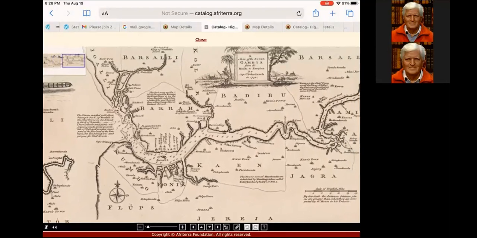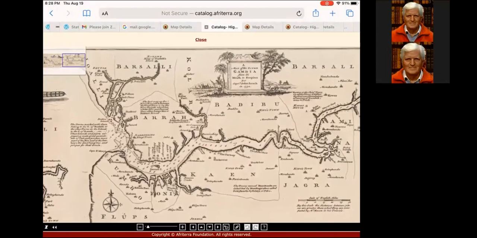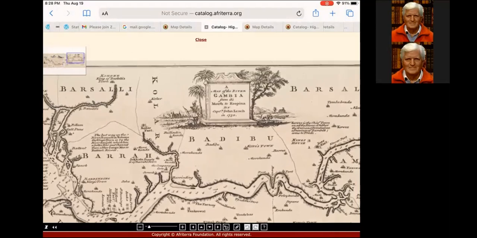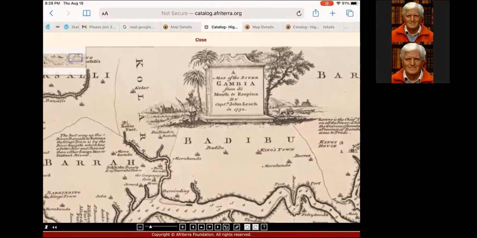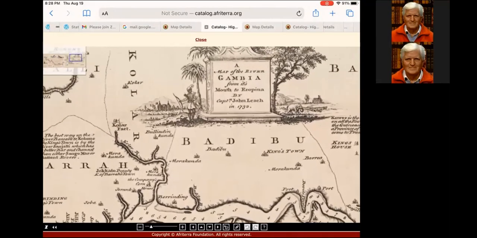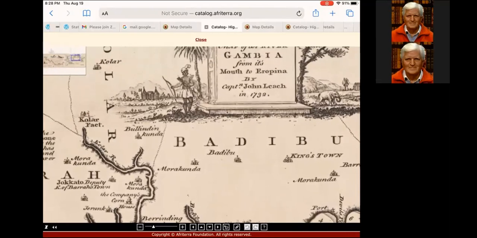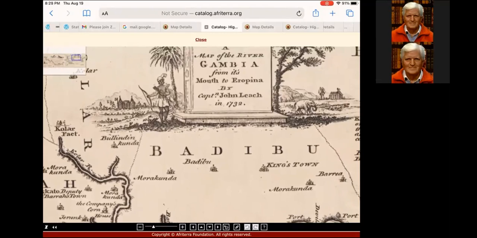And that's what we'll do, to look at the mouth of the Gambia here and examine what this map records. First of all, let's look at the cartouche. And the cartouche indicates it's a map of the river Gambia from its mouth to Arapina by Captain John Leach,